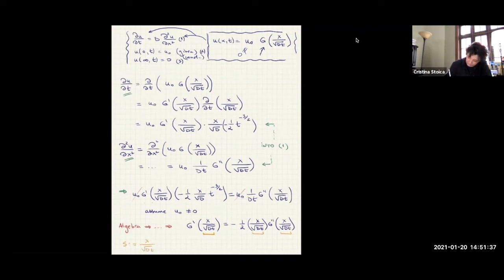And with this notation, I get an ODE that looks something like this. And that's beautiful. It's a simple ODE, not even a complicated one. So we reduce